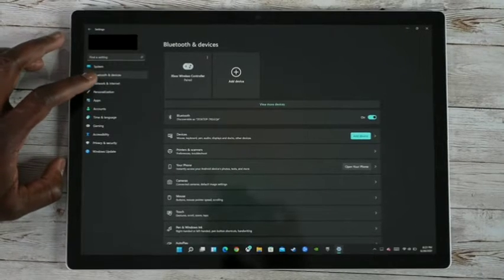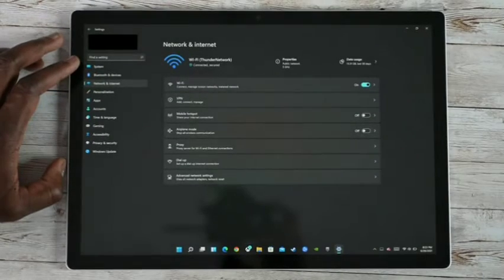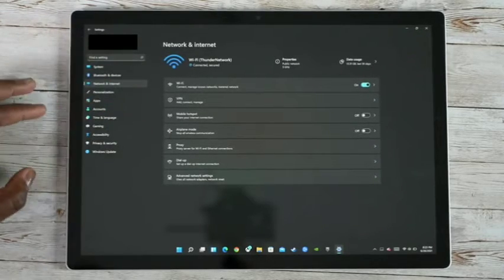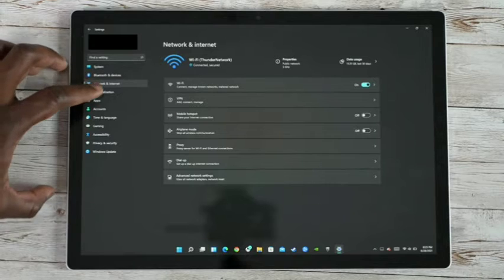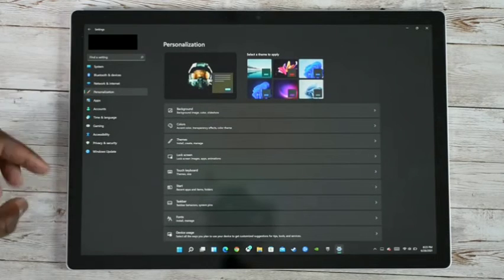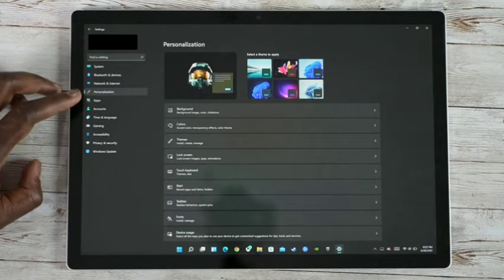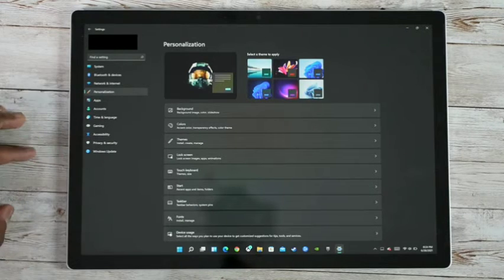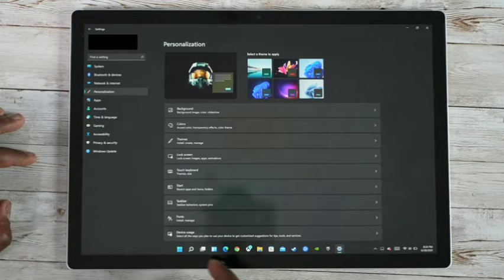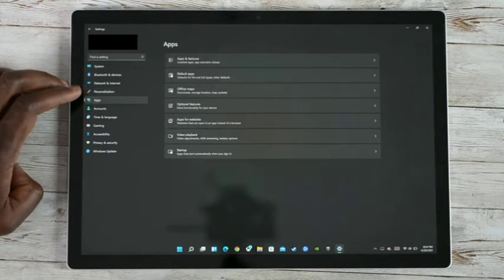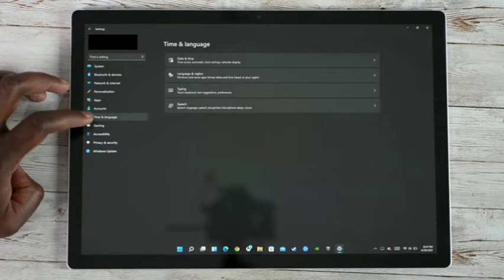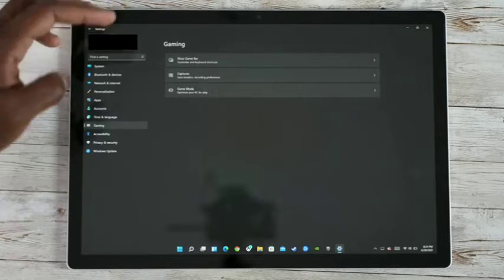Then you've got your network settings. And it shows I'm connected to Thunder Network. Some other options, a mobile hotspot if I need to, if this device supports it. Personalization, of course, which you can go into theming and also the colors, dark mode, those kind of things. Now, dark mode isn't represented here, how I got it, but it was simply by searching, and it takes you right to dark mode. Your apps, your default apps, the accounts, time and language, gaming, Xbox Game Bar captures, and